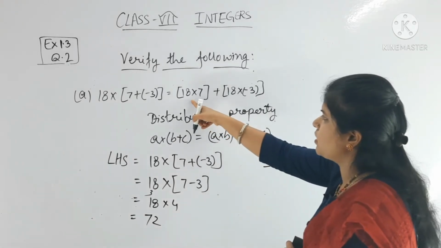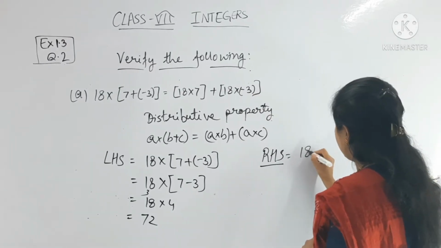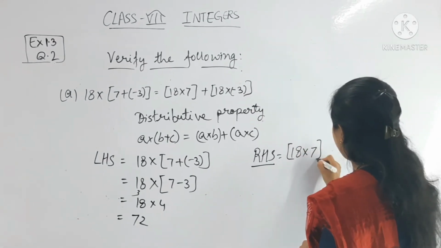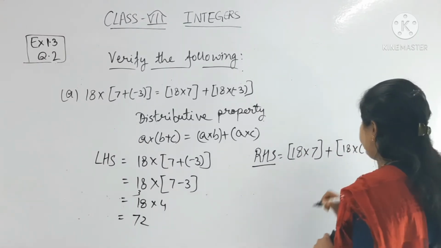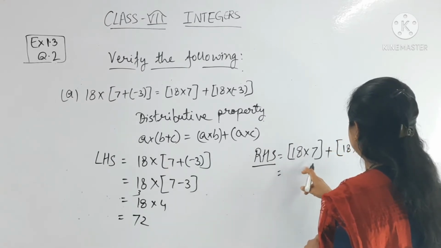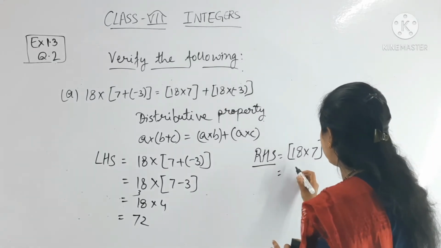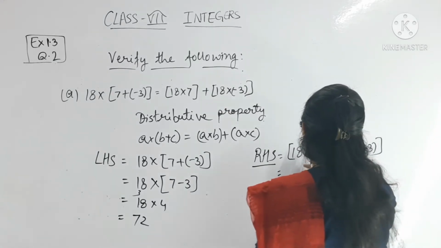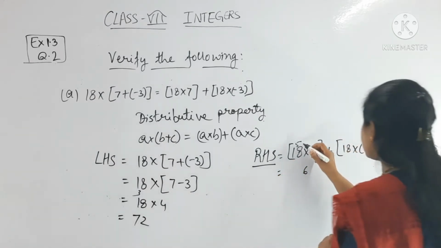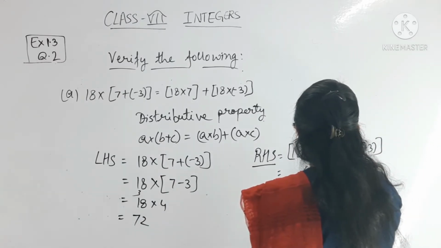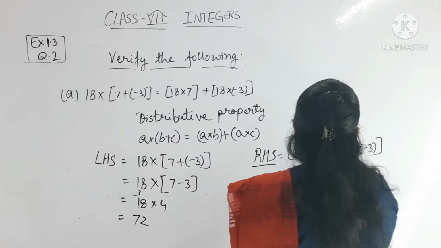What is the RHS part? This is 18 into 7 plus 18 into minus 3. So 18 into 7 is in one bracket and 18 into minus 3 is in another bracket. We have to solve the brackets separately and then add the two numbers. 18 into 7: 8 sevens are 56, 5 is balance, 7 ones are 7, 7 plus 5 is 12, so 126, plus